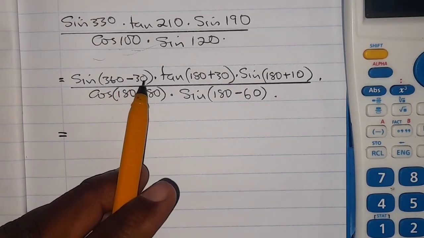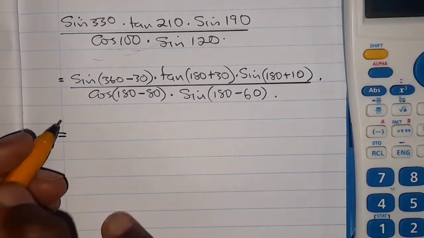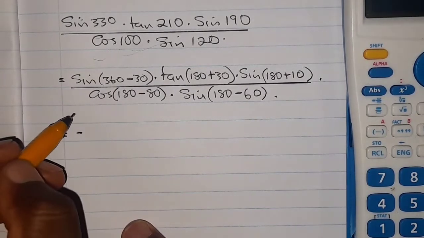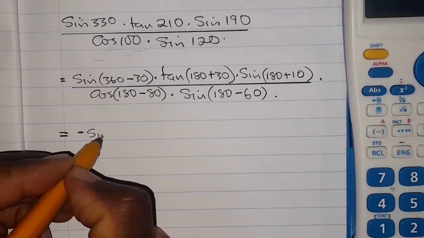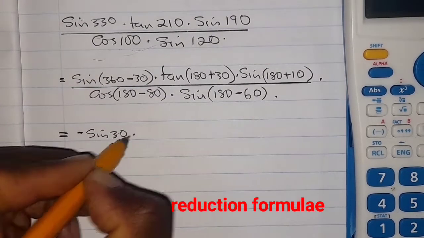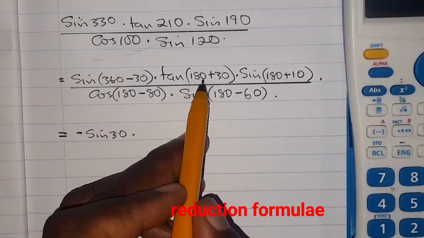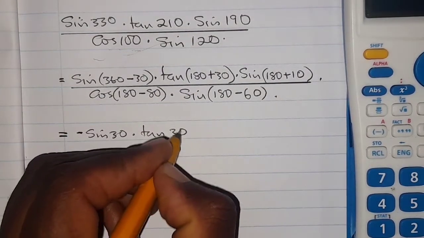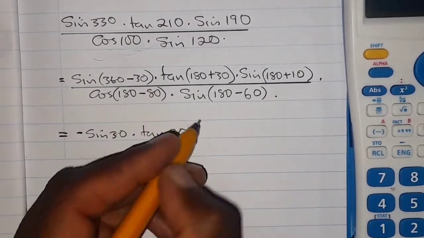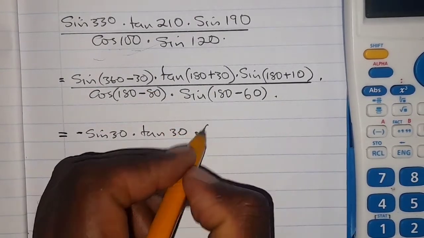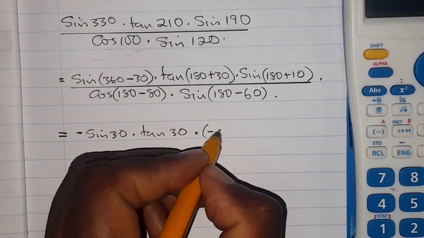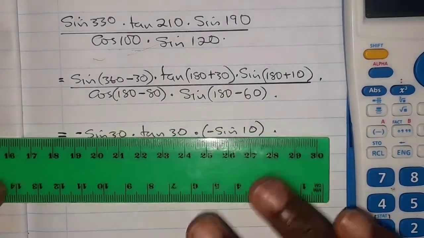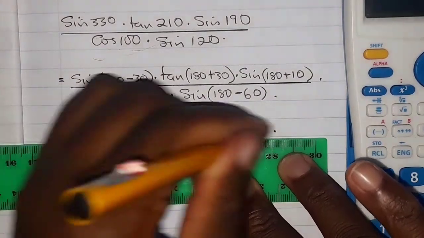Sine 360 minus 30, this is the fourth quadrant, and we know our CAST diagram, sine is negative in the fourth quadrant, so it becomes negative sine 30 degrees. Tan is in the third quadrant and it is positive there, so it's tan 30 degrees. And sine is also in the third quadrant, so it's negative there, negative sine 10 degrees, and this is all over